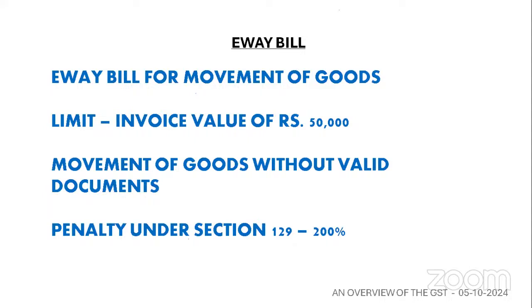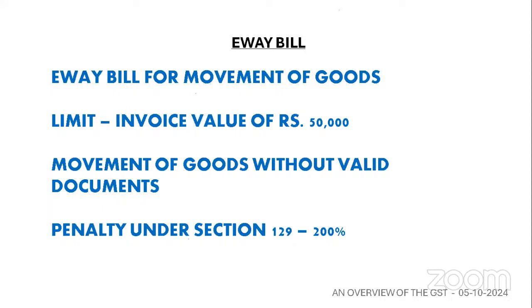Before you start the movement of the goods, the GST department says, come to me and write that you are going to sell this much worth of goods to this particular person, and the address and GST number of that person is this. You come to my portal and record this transaction. I will give you one ticket, like an entry ticket to an event. So I will give you a ticket called an e-way bill.